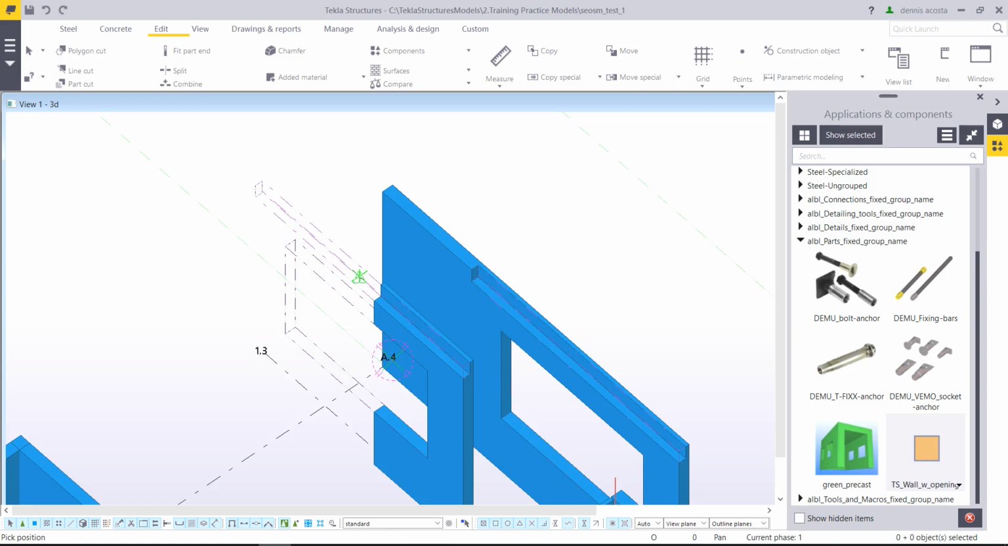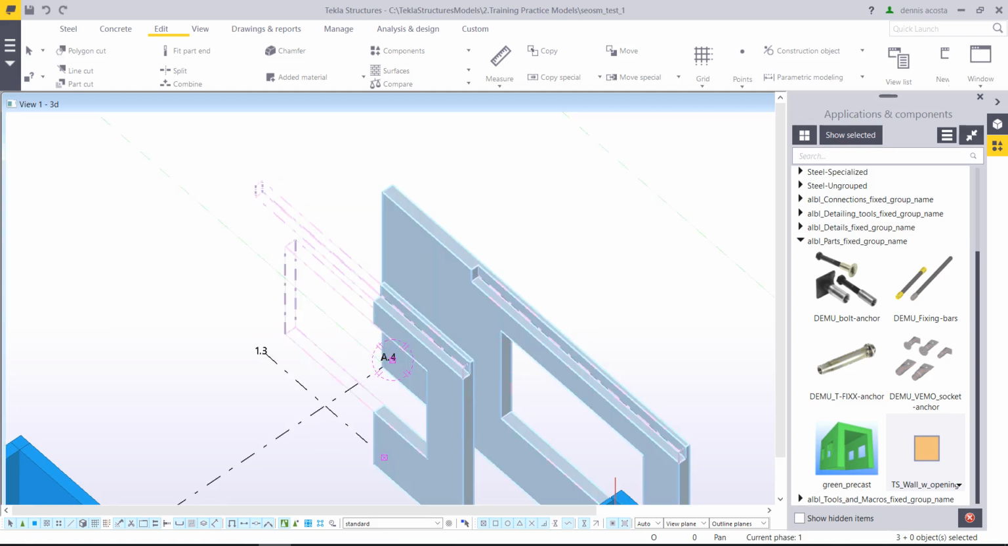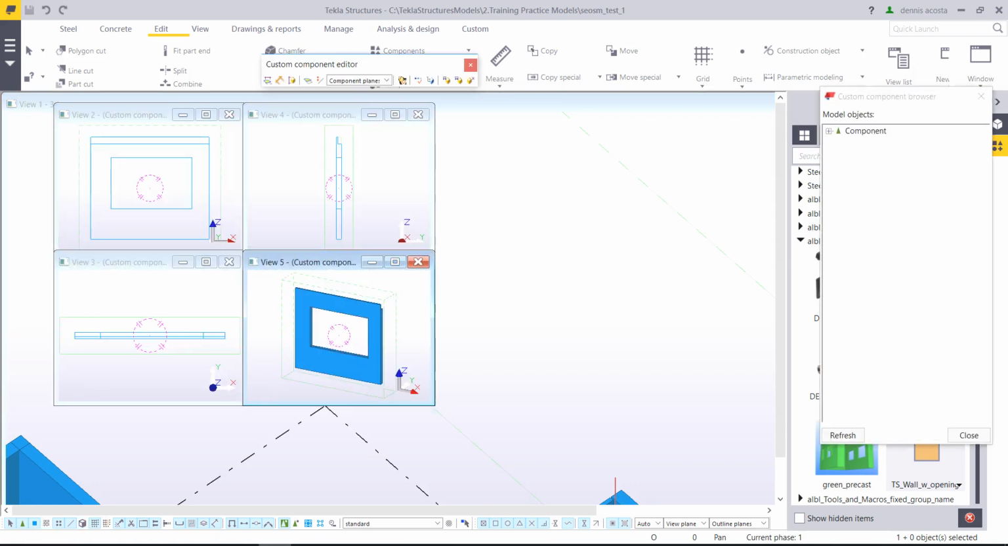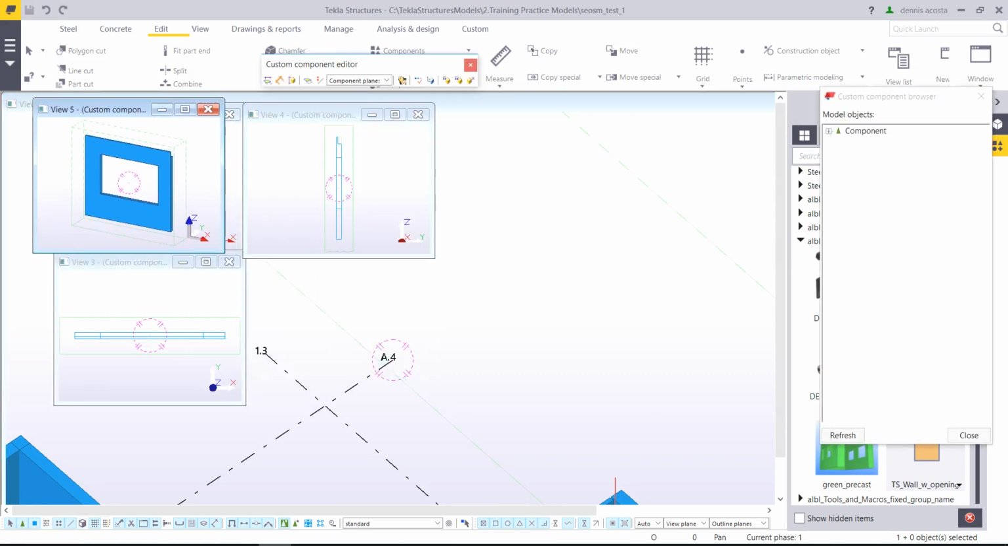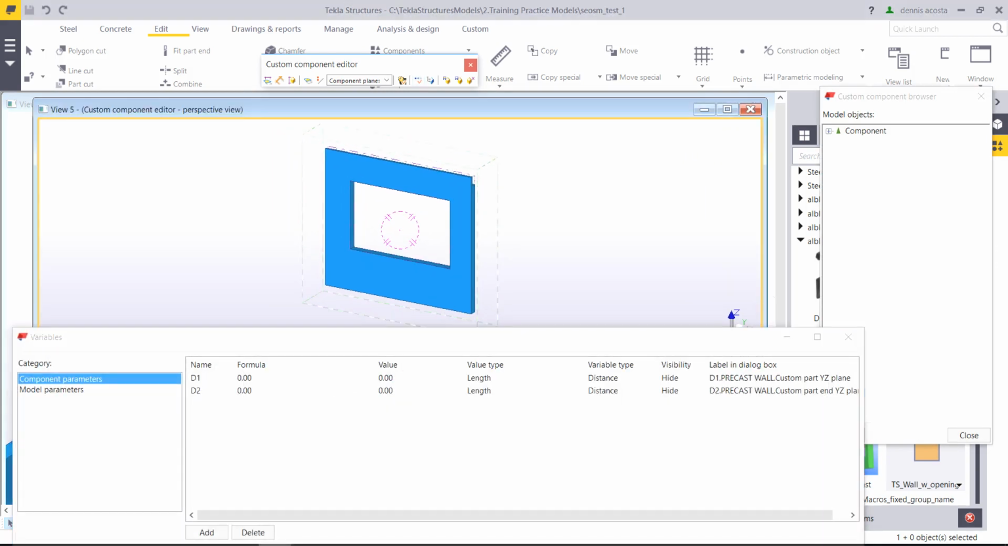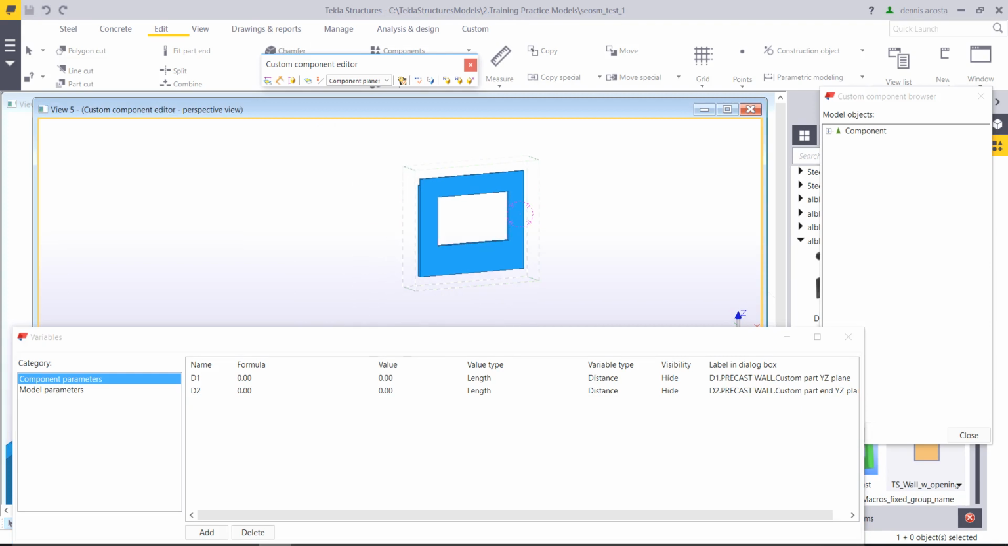I only used the binding on the wall. Okay? So let's delete this one. Oh, sorry. And then right click, edit custom component, and go back here. Okay. Now, let me continue. The next one is